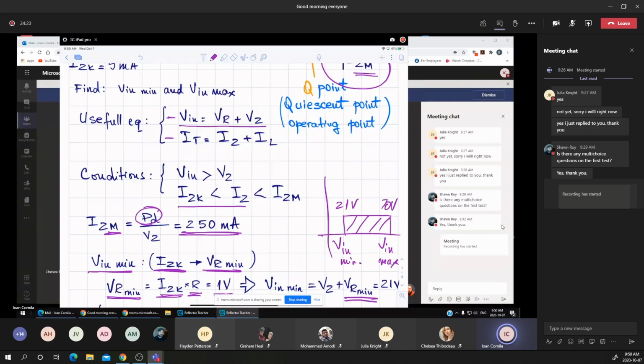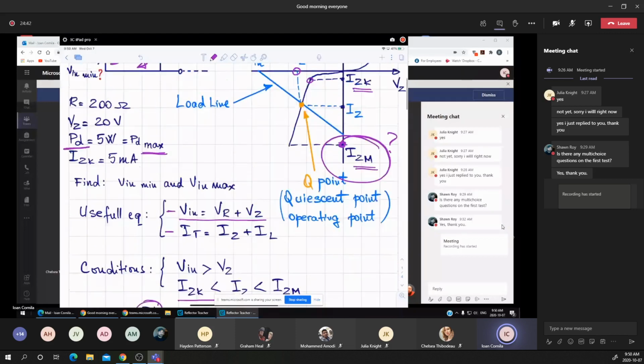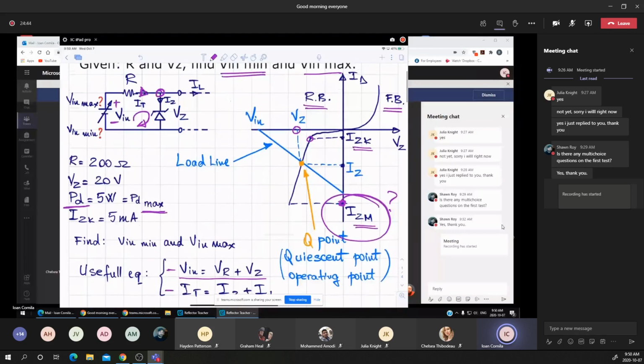In this way, we can determine the range of the voltage that may be applied to the circuit to maintain the voltage across the resistance at 20 volts